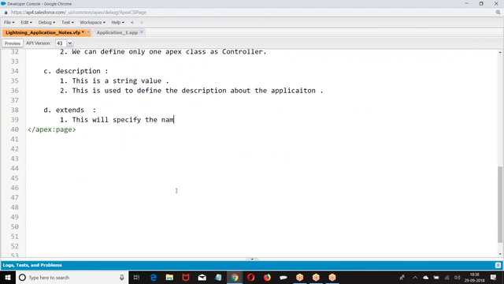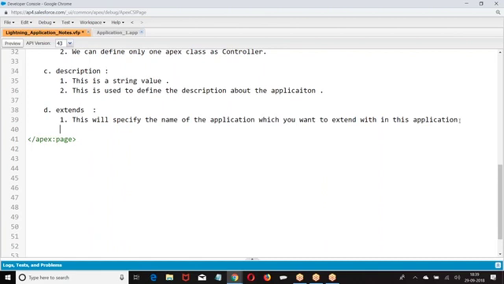This will specify the name of the application which you want to extend, the name of the external application which you want to extend within this application. We can only extend one application.